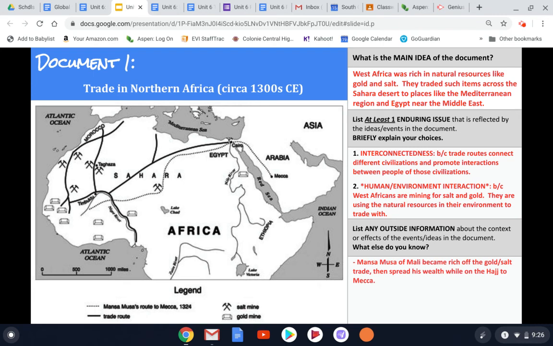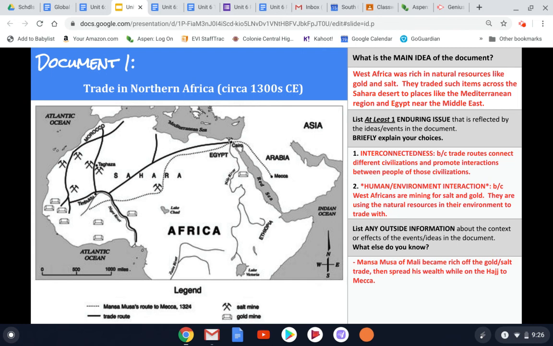So a possible response for that would be, Mansa Musa of Mali became rich off the gold and salt trade, and then spread his wealth while on the Hajj, or pilgrimage, to Mecca. So that example there is taking this little clue that they're showing us and adding some information that we could possibly use in the essay to show off a little bit about what we know beyond what they're showing us